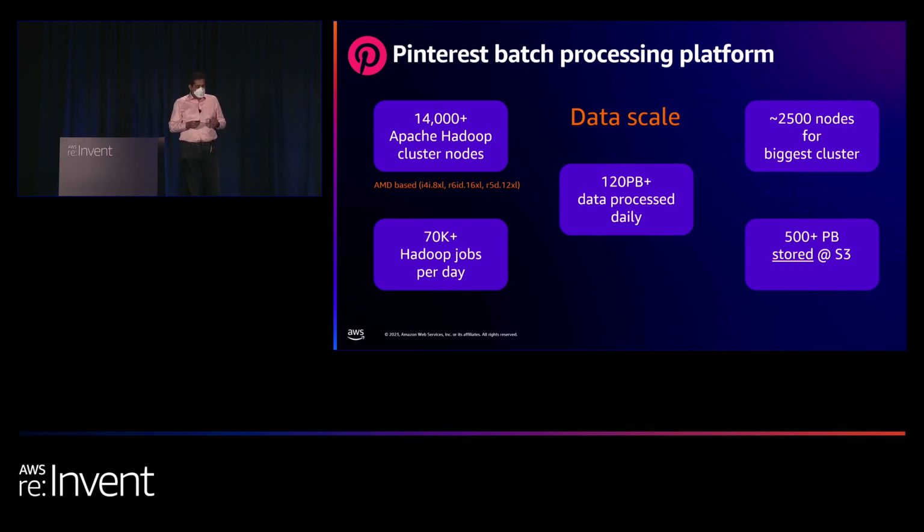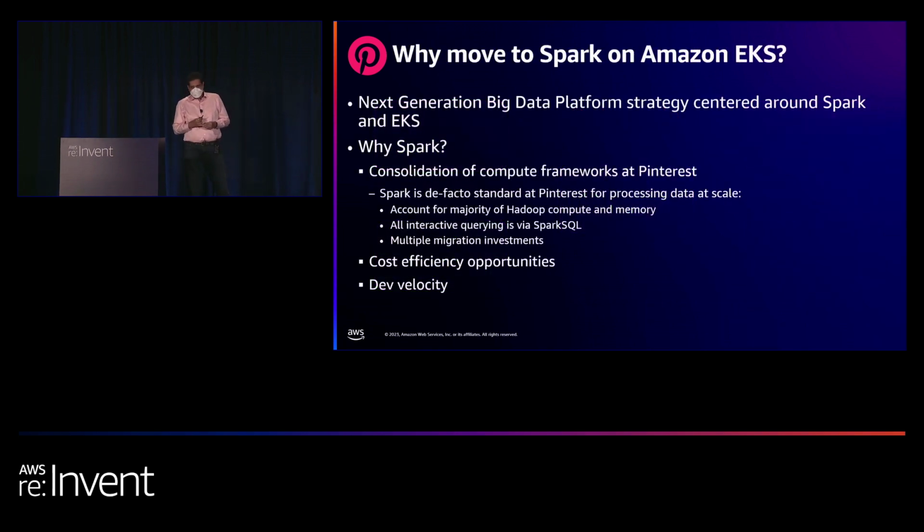Why would we consider moving to Spark? There were a couple of reasons for us. Hadoop is an established service, but we felt it was getting old. We wanted to move to something a bit more cloud native, more agile, and there was already a lot of momentum towards Spark internally at Pinterest. We had been moving our Hive jobs to Spark SQL, for example. We had been moving a bunch of our MapReduce jobs to Spark to take advantage of, I think I'm preaching to the converted here, a lot of the benefits that Spark offers. We've been investing in Spark upgrades and modifications to the central Spark code base.